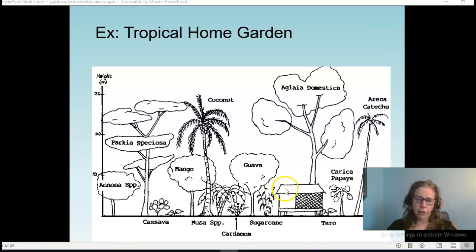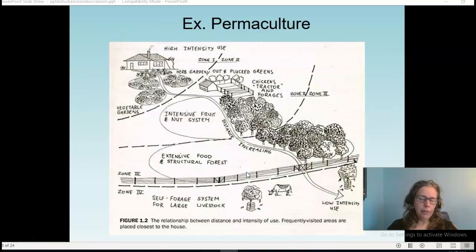I had a friend in grad school from Jamaica, and she said her mom just never worried about her having anything to eat after school because they had breadfruit, they had all kinds of things in their home garden outside her house. So these are examples of the tropics, but keep in mind in temperate zones too, permaculture is an